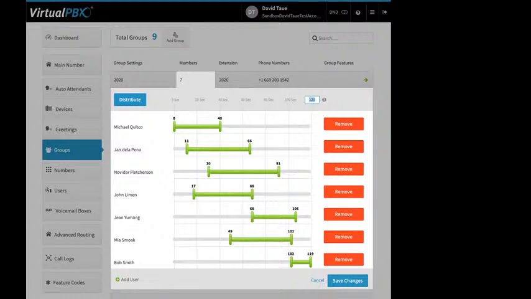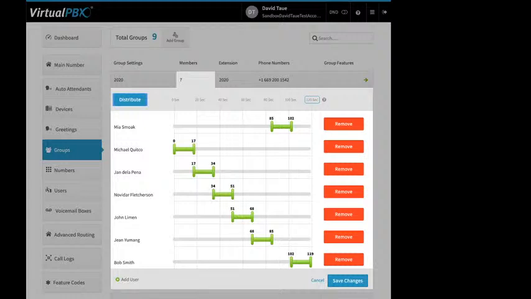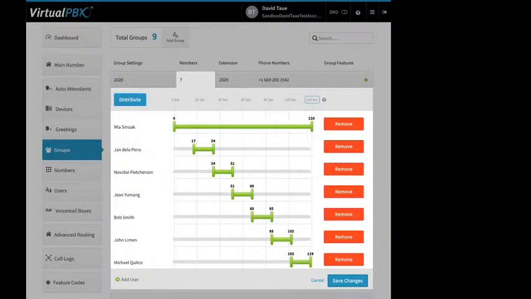Now, you can also click distribute here. So now it's offering the calls equally to everybody and in this order. If I don't like this order, I can click and drag someone's name. Right, and then I can click redistribute. So now Mia's first. Now these are sliders, as you probably noticed when we first opened up here. I can also do something like this,